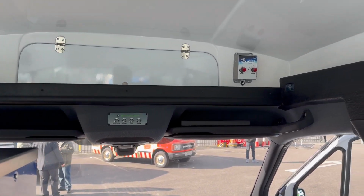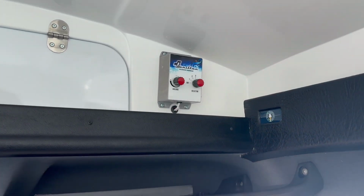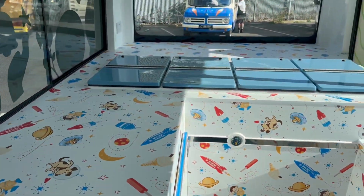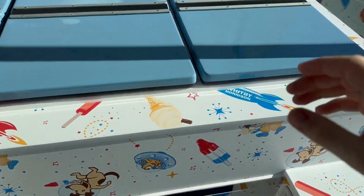And yeah, here we are in another ice cream van here. You can see another Carillon chime box. Unfortunately, the van is switched off, so I can't play the chimes on this one. But all in all, another really lovely van. It's got another 8-litre freezer here. Inside there,